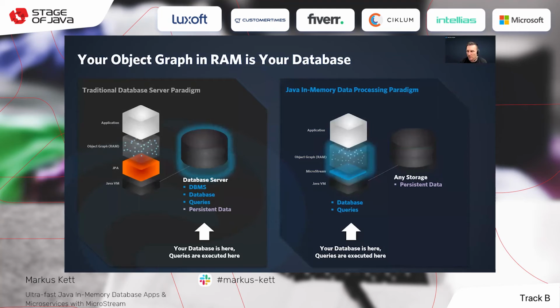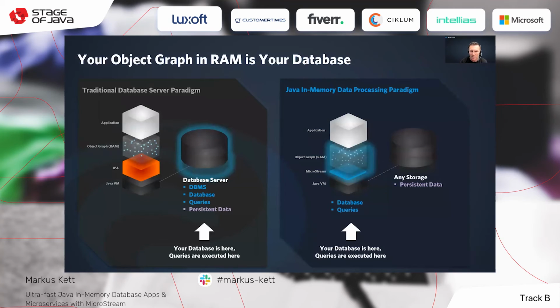In the traditional database server paradigm, your database is located on a remote server, and the queries are executed on a remote database server. And your persistent data are also stored on a remote database server. With MicroStream, this is different, because now your database, the object graph in memory, is your in-memory database.